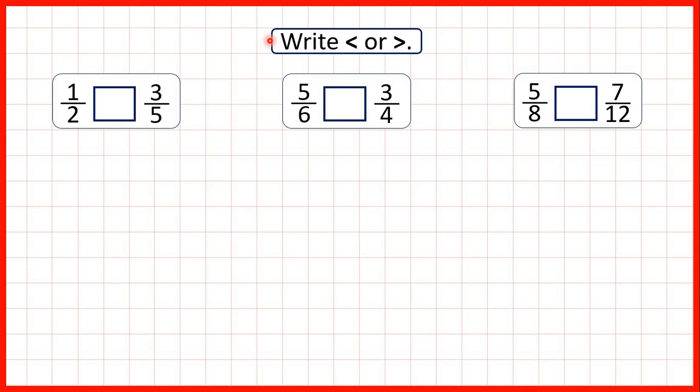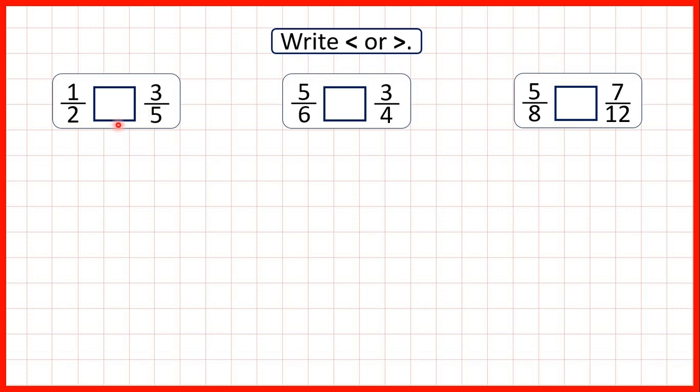Now we need to compare fractions. So first we have 1/2 and 3/5. Now we know that usually to compare fractions we can make the denominators the same. But here it's a little bit trickier than what we've done before, because if we look at our denominators, 5 isn't in the 2 times table. 5 isn't a multiple of 2, so that means that we'll need to find 2 equivalent fractions in order to